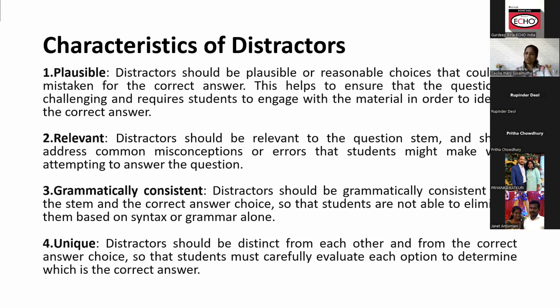Okay, and relevant. Distractors should be relevant to the question stem and address common misconceptions or errors that students might make while attempting to answer the question. For example, for the same question, if I put an Apgar score of 9 indicates mild distress, and also respiratory failure, heart failure, all these are irrelevant. And so it is easy for the student to pick out that it is normal. Okay, Apgar score, they know 10. So 9 might be normal. So it just goes on fluke. So that should not be there. So ideally, the distractor should be relevant, somewhat related to the question stem.